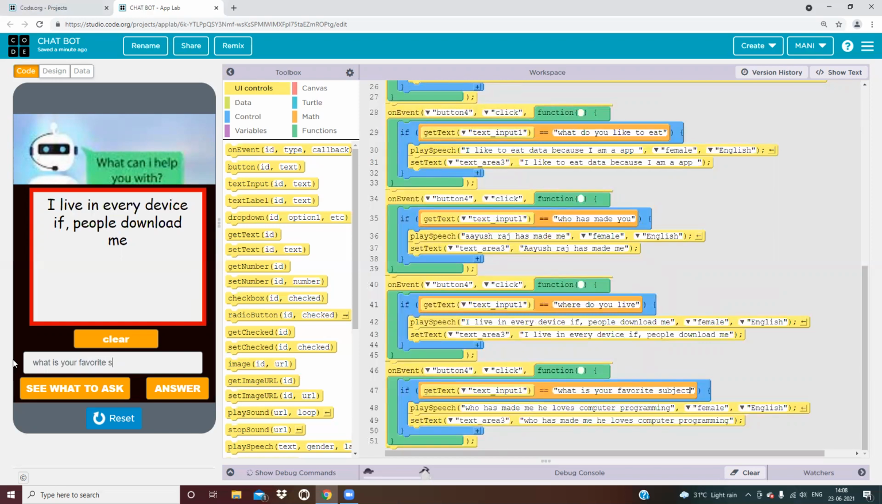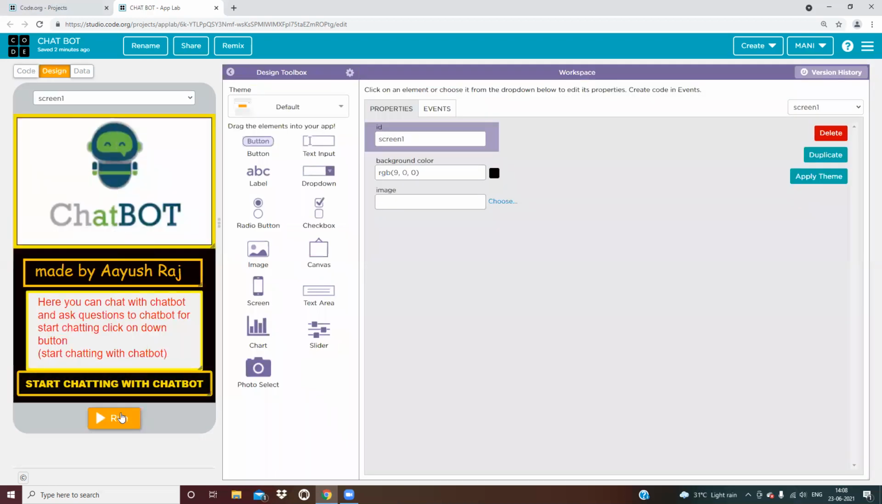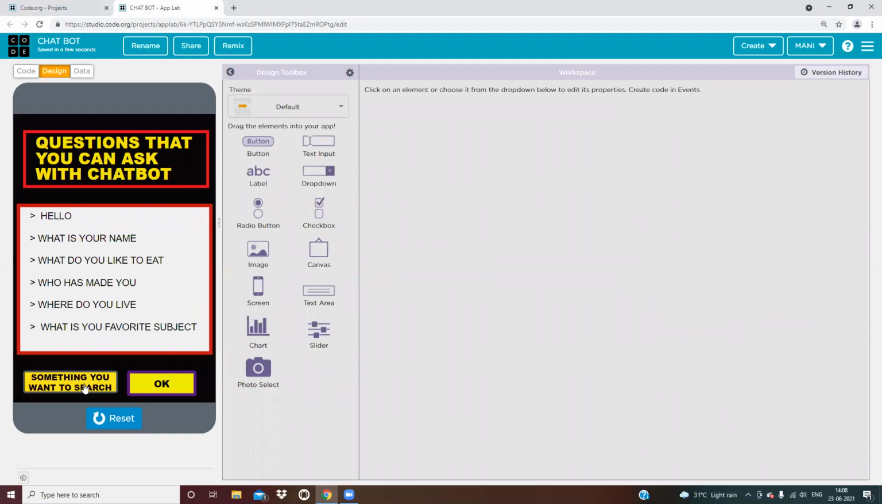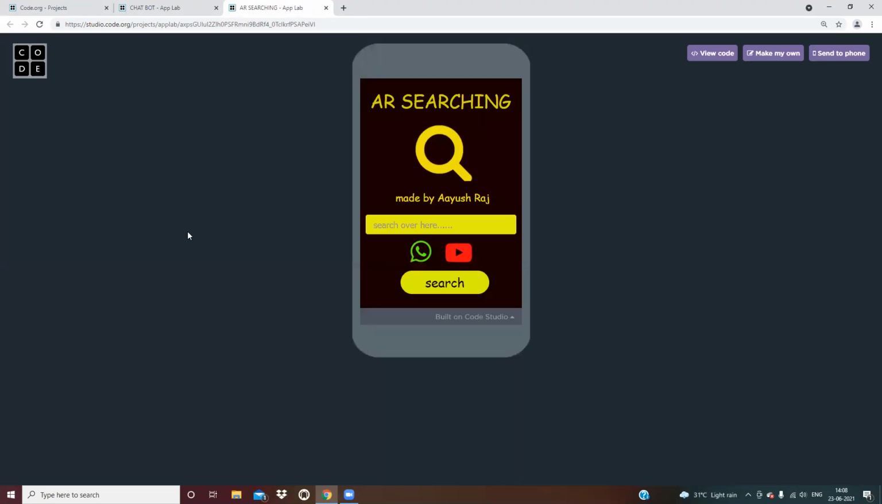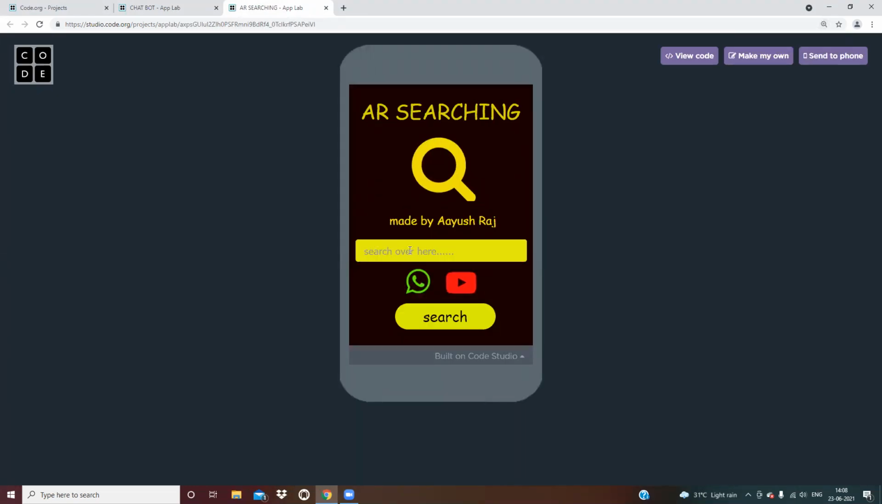What is your favorite subject? Oh, whoever has made me, it is showing Ayush Raj has made me because he loves computer program. Okay. So today, whatever I have told you and explained you that I have made, and one more thing is that I have not shown you for this something you want to search. I will click on it, then this will happen, and this will open this search engine, which I have made,